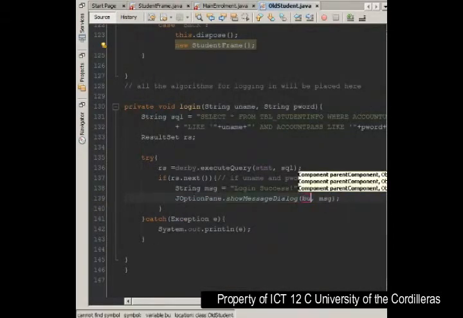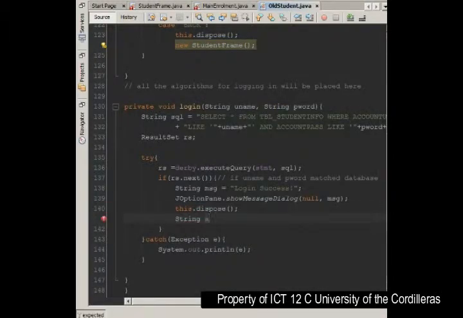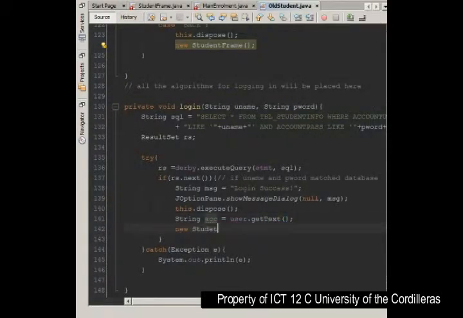This will now create a new JOptionPane that shows that the user has logged in successfully. And once it has logged in successfully,